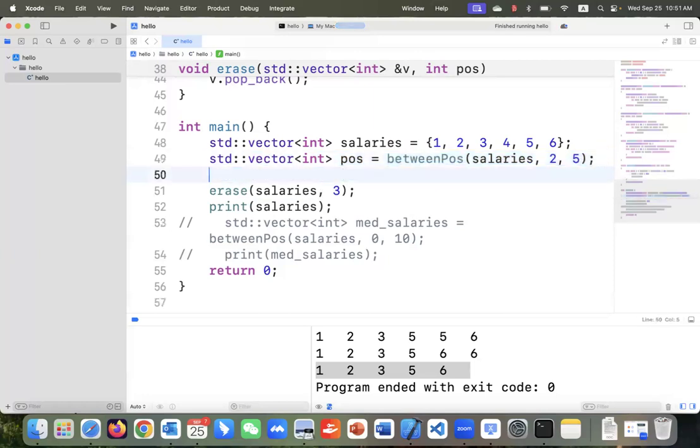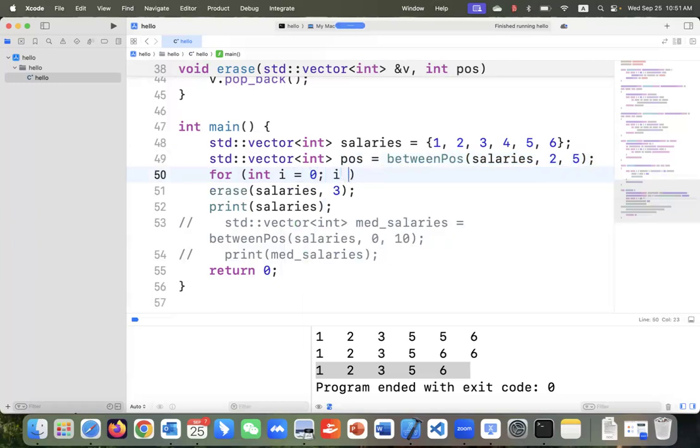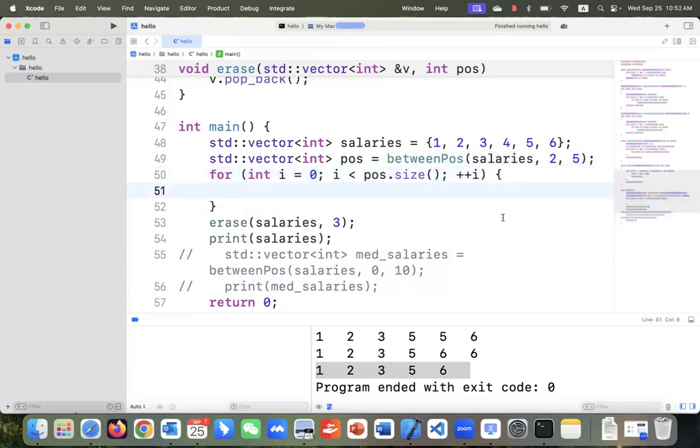And then for each element in position, for i less than position.size plus plus i, what I do is I want to erase